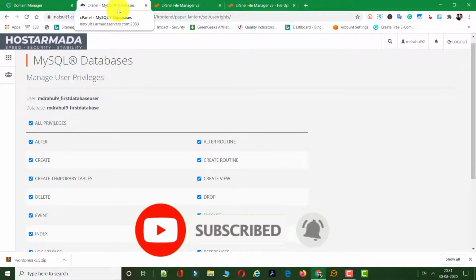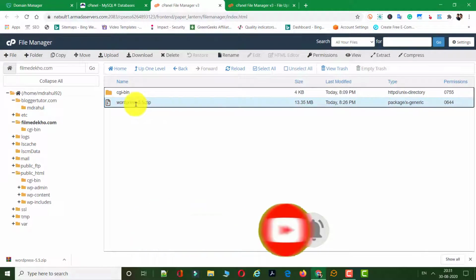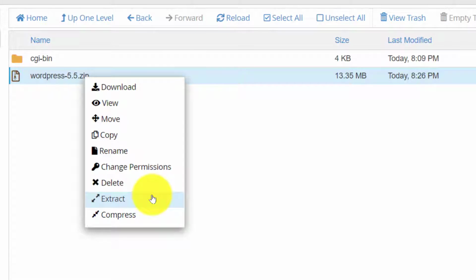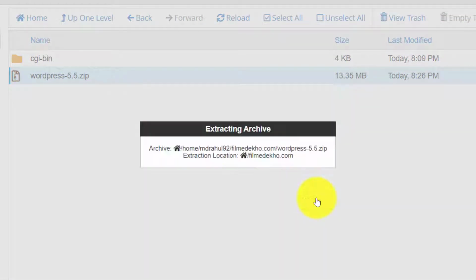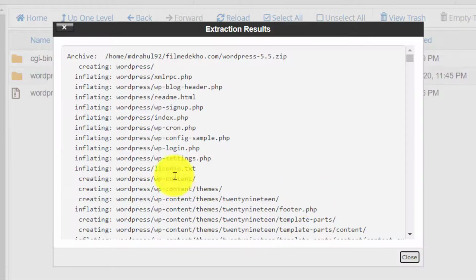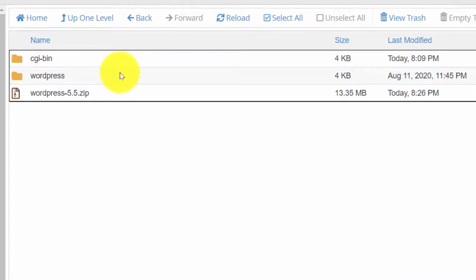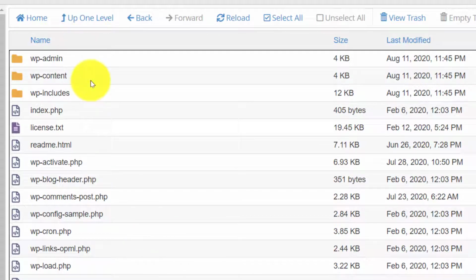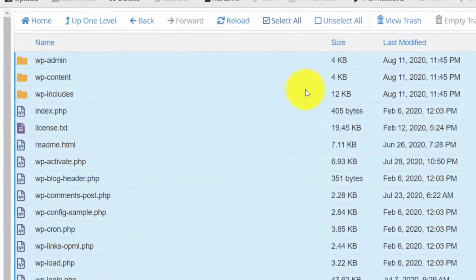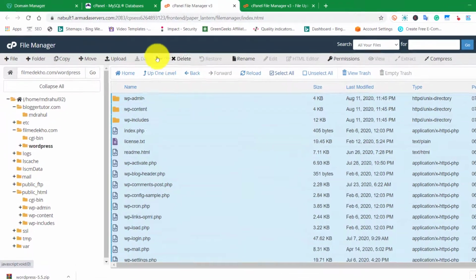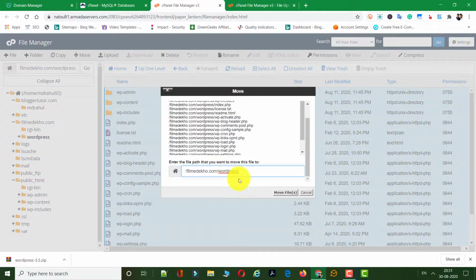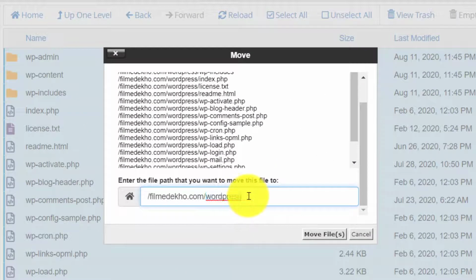The third step is just to unzip that file. Okay, so what I have to do is just unzip that file. Right click, then extract, then extract. Okay, when you extract, you will get a WordPress folder. Now this folder is not for our use, so we have to click on select all. Just click here on select all, then click on move, or you can copy. I am just going to move this. So move, then remove this WordPress name from here. Okay, just remove and make it like that.